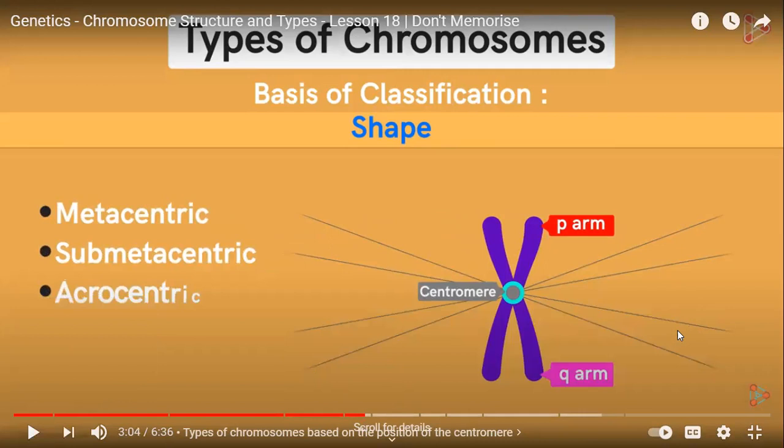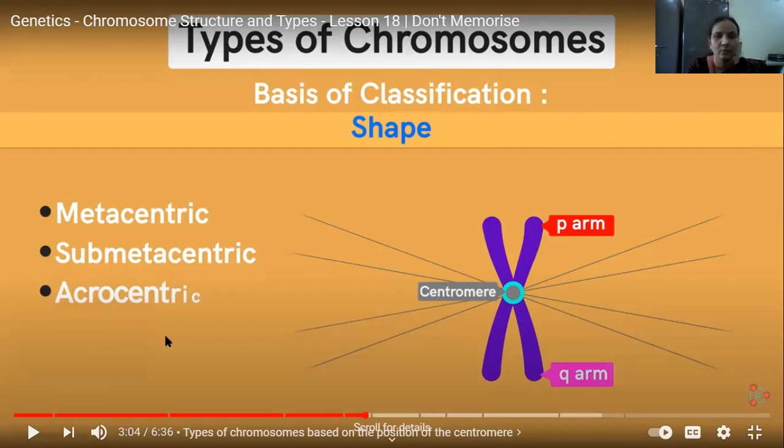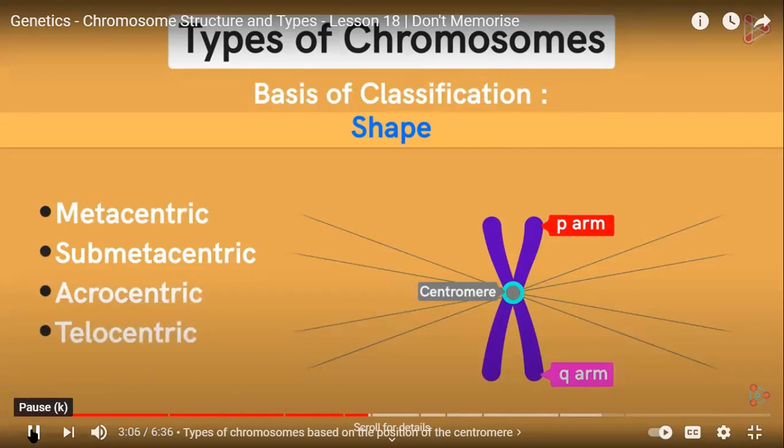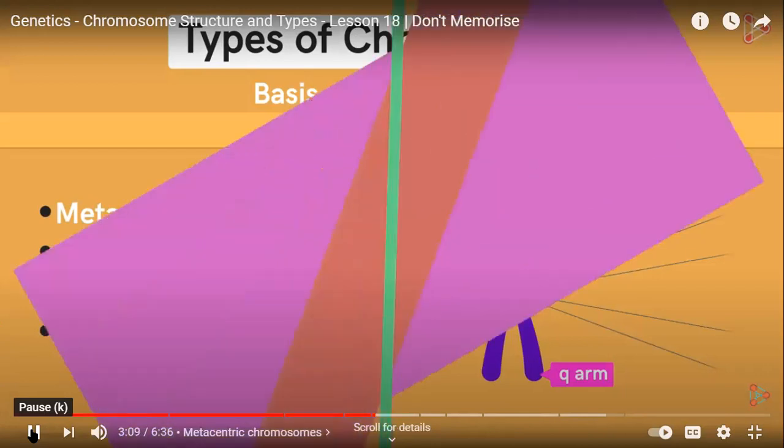See, now up till now we have already seen this in the presentation. Now this video is important for watching the types of chromosome according to the position of centromere. You know that centromere is present at the center of the two arms, and what is the function of the centromere? To attach the spindle fiber. So according to the position of centromere, there are different types of chromosome: metacentric, submetacentric, acrocentric, and telocentric. Now see the video. And telocentric chromosomes. Let's have a look at the structures of each type.